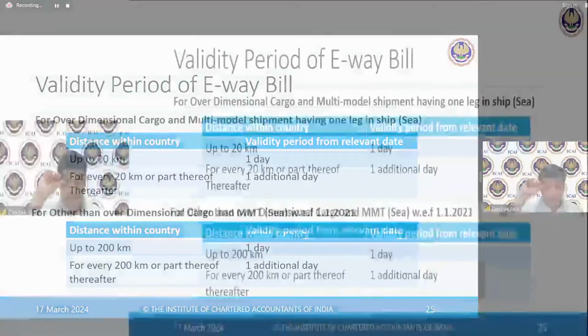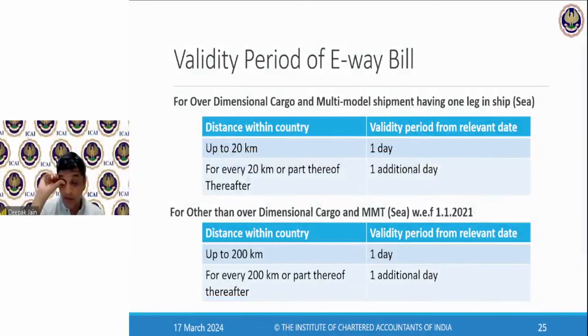What is the validity period of an e-waybill? The validity period of an e-waybill is different for an over-dimensional cargo and for a multimodal shipment, wherein you use multiple modes of shipment where one leg is in a ship. Which means that if you're transporting goods, for example, from Bangalore to a city in Gujarat,